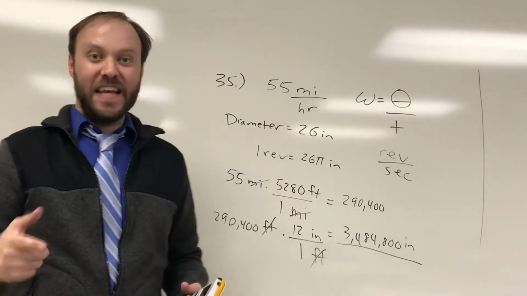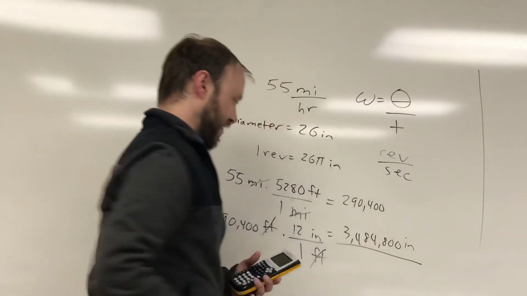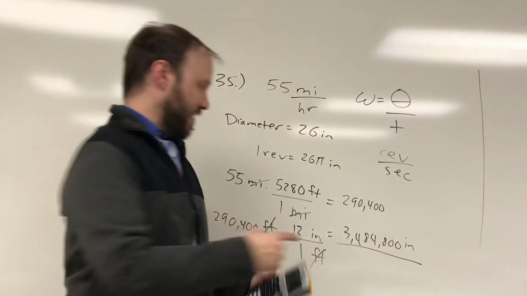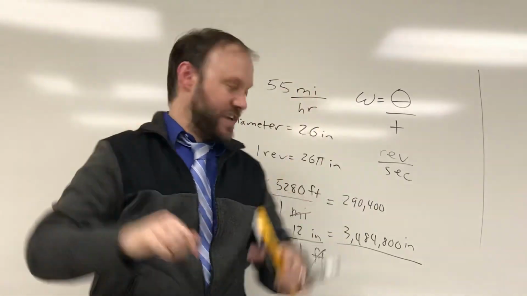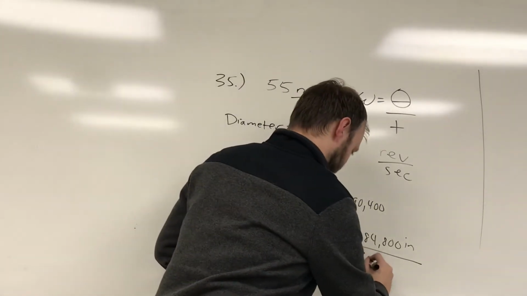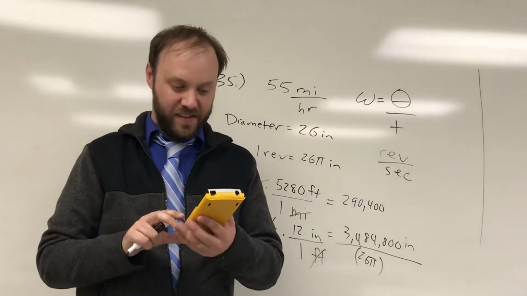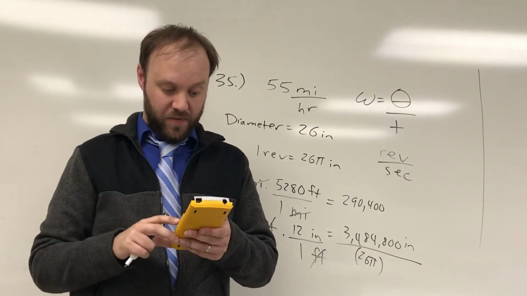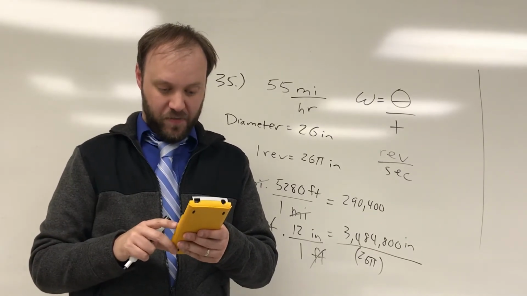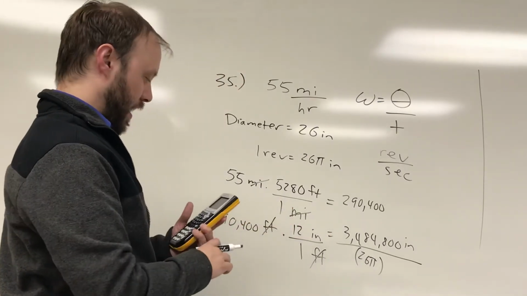Okay? So I need to see how many 26 pi inches go into that 3 million inches. So I'm going to divide this total by 26 pi, okay? Make sure your 26 pi is in parentheses, okay? Because on your calculator, if you don't put it in parentheses, your calculator will divide by 26 and will multiply by pi, and you'll get something totally different. Or you could convert 26 pi to a decimal, I suppose, before you divide, okay? And that's going to tell me that I get a total of about